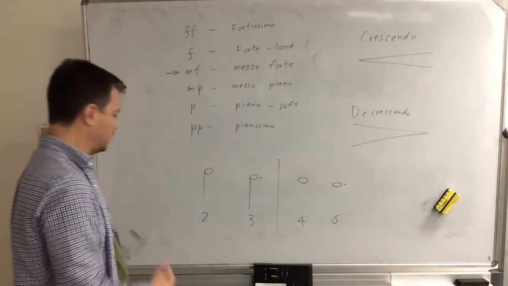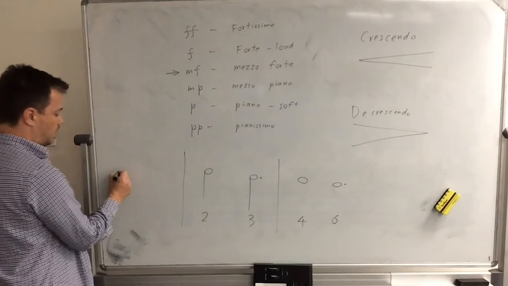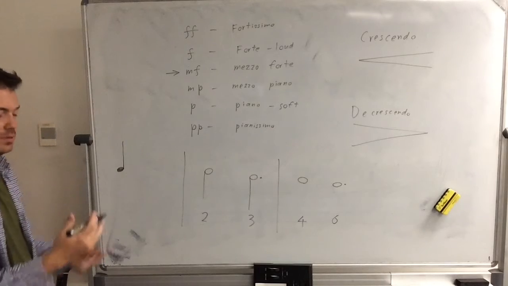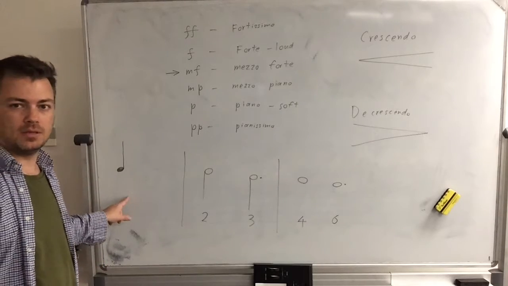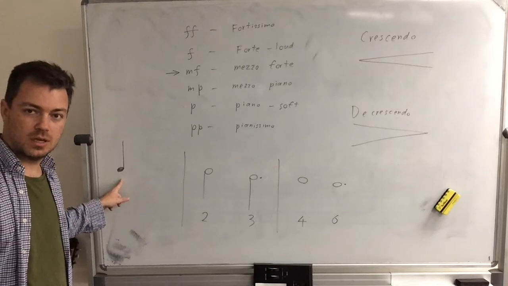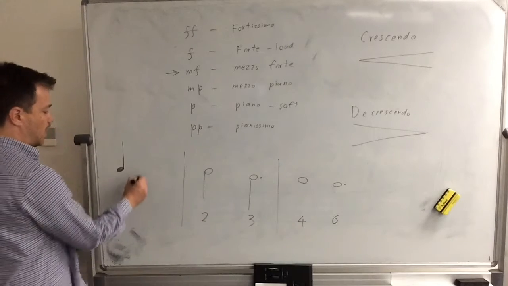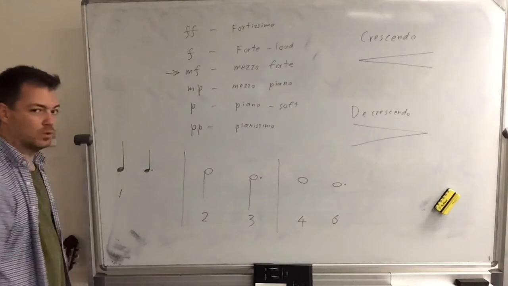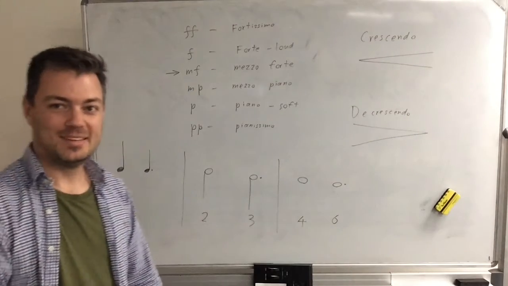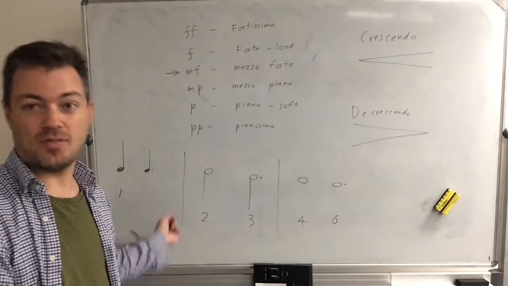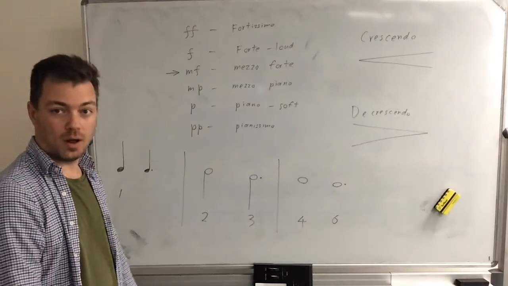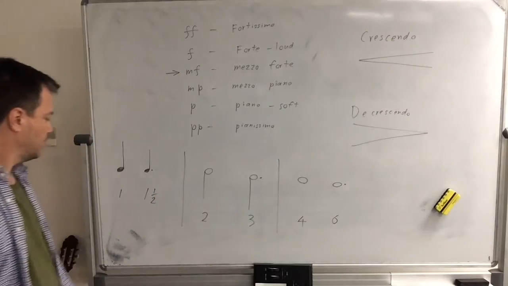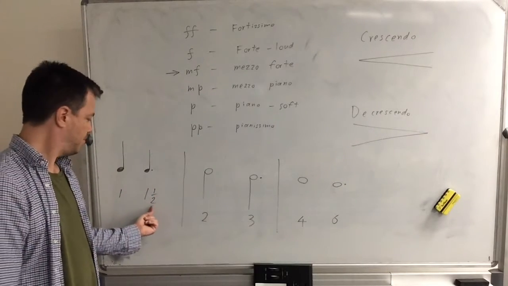Let's do a couple of harder ones over here. Let's do this note. I'm going to swap it around because it doesn't matter which way the stem goes. So what is that called? How many beats is it worth? We know that's a crotchet and it's worth 1 beat. So what happens if we put a dot after that? What's the answer? Who's good at maths? So half of 1 is half, so we add that to the note, so it's actually worth 1.5. Okay, so that is a 1.5 beat note.